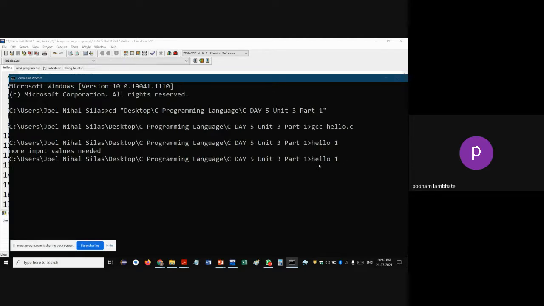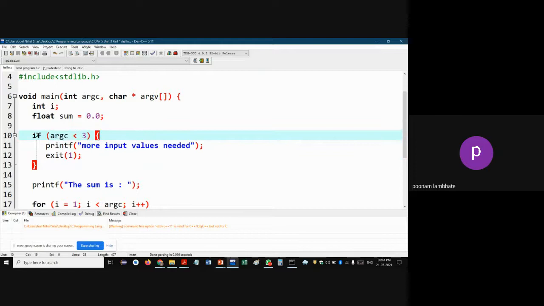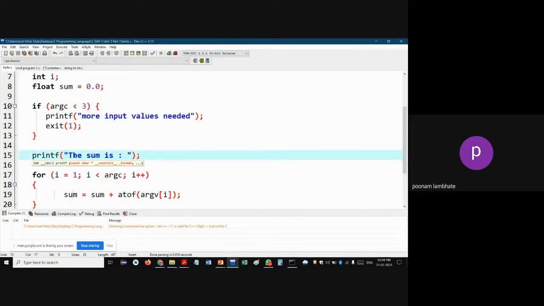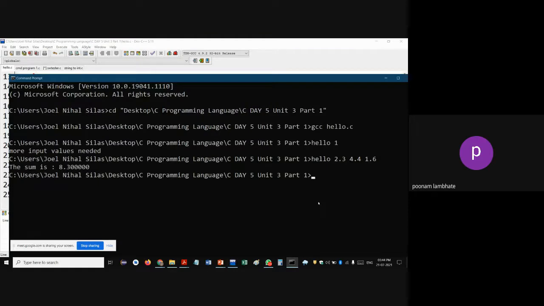And now I'll pass some more arguments. For example, 2.3, 4.4, 1.6. Now total command line arguments is 4. 4 is greater than 3. So this condition is not satisfied. So you will be able to print the sum, whatever the calculated sum. Okay. So the sum is